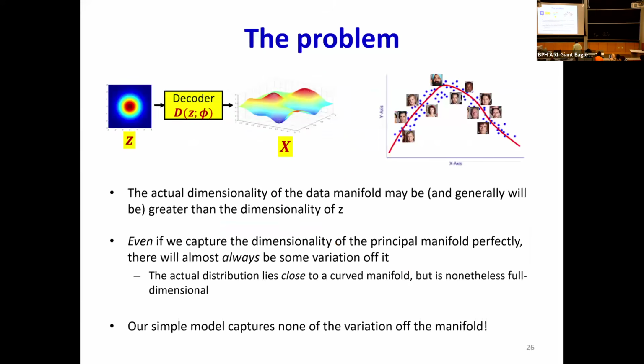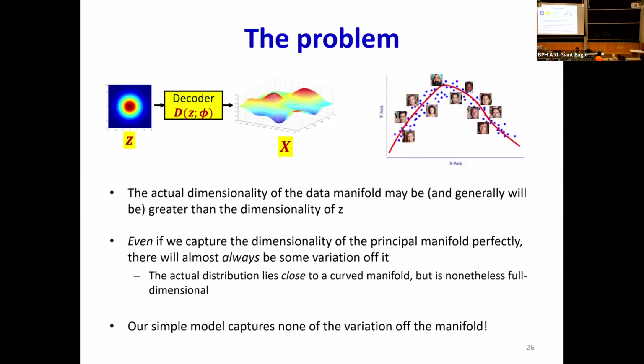So here's the thing. I don't know what the actual latent distribution is. What is the dimensionality of the manifold that faces lie on? I am going to take a guess. Odds are my guess is wrong. So even if I get the best 100-dimensional fit to this manifold, a lot of data will not lie on it because the data itself might be, say, 120-dimensional or 1,000-dimensional. It's still much lesser than the million dimensions of the image, but I have missed the manifold itself, right? And number one. And number two, even if I somehow magically manage to capture the exact dimensionality of the manifold,